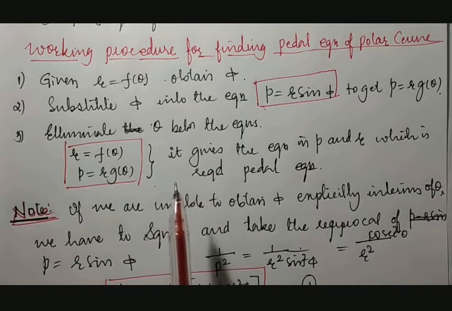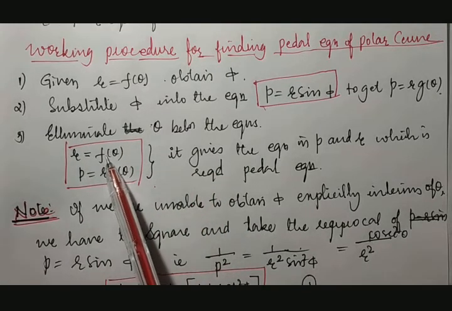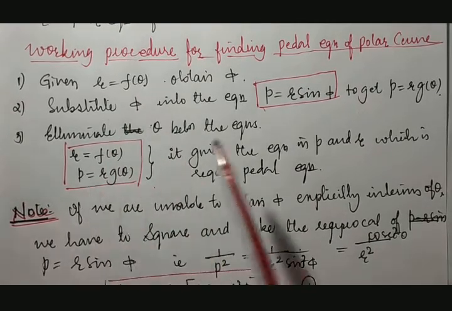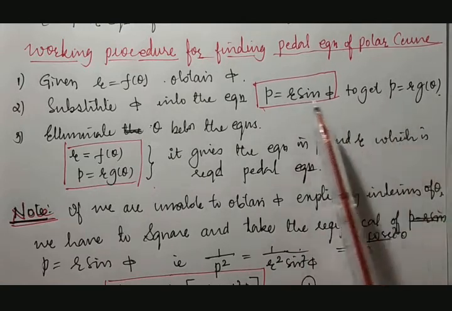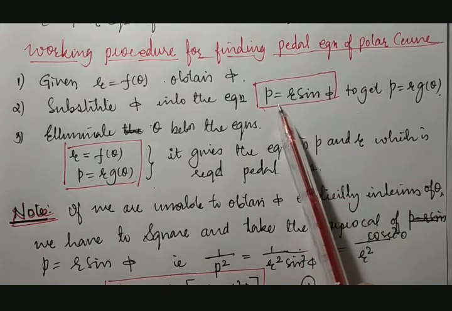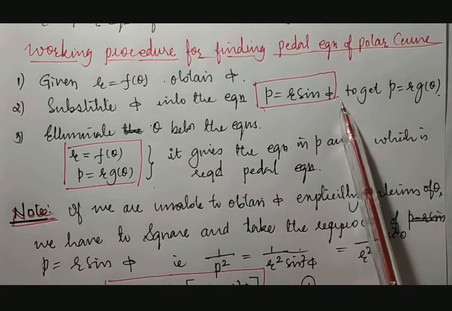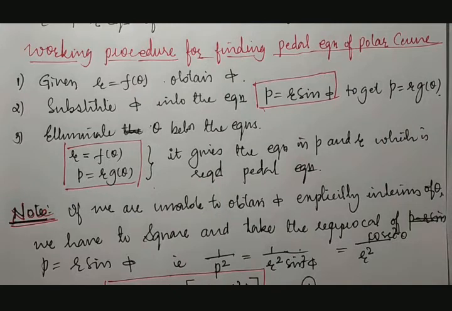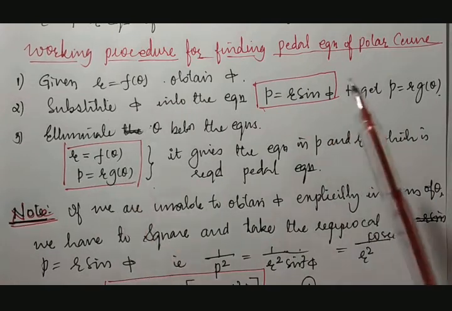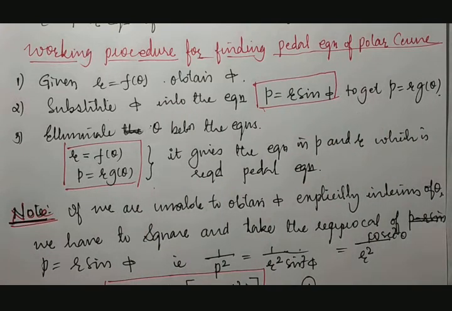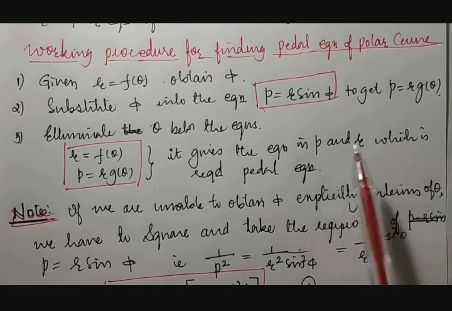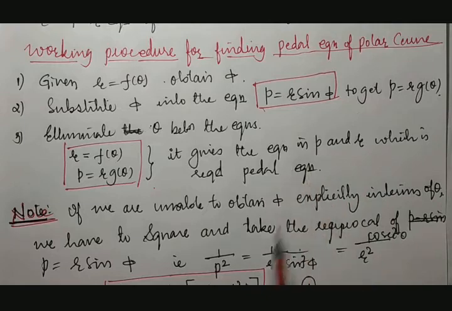Which are those equations? Very important. R is equal to f of theta means the given curve and the modified version of p is equal to r into sine psi, which is nothing but perpendicular from pole to the tangent after substituting the psi. So these two equations to be solved to obtain the value of theta. Then after getting that value of theta, that has to be substituted back in the expression. Then we get the equation between P and R, relation between P and R, that is called as pedal equation.